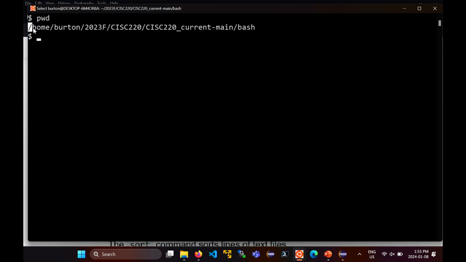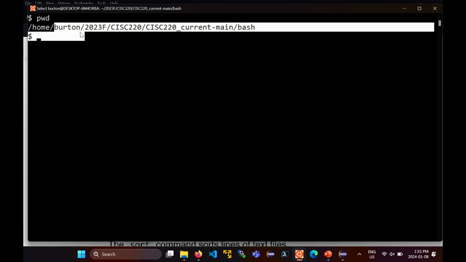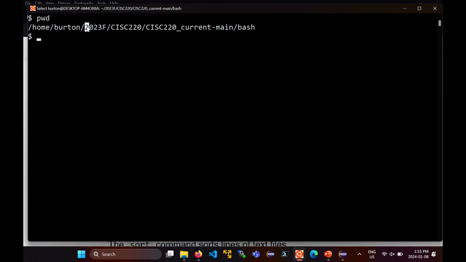There's a folder called slash, then there's a folder called home. Inside that folder, there's another folder called Burton. Inside that folder, there's another folder called 2023F, sys220, and then sys220 current main, and then bash. So that's the current folder. More properly, it's the current directory that I'm in.